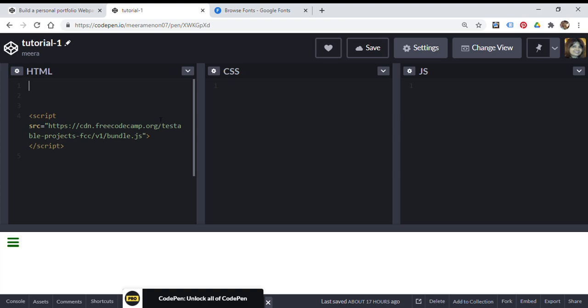First things first, I'll also teach you along the way. After doing the structure, I'll show you how to choose the font. But before that, let me do the navbar section first.